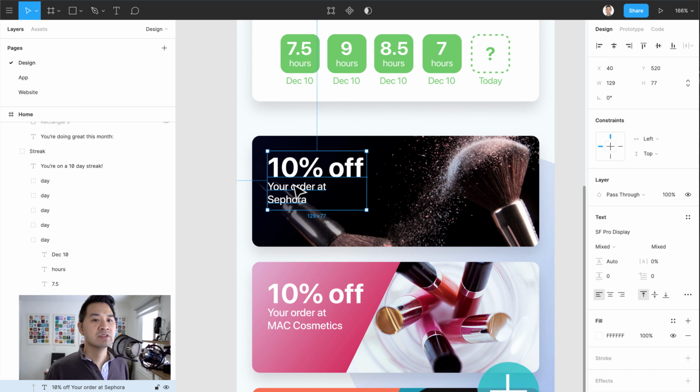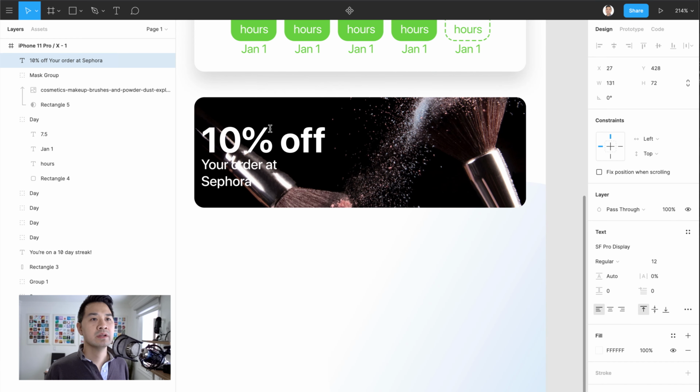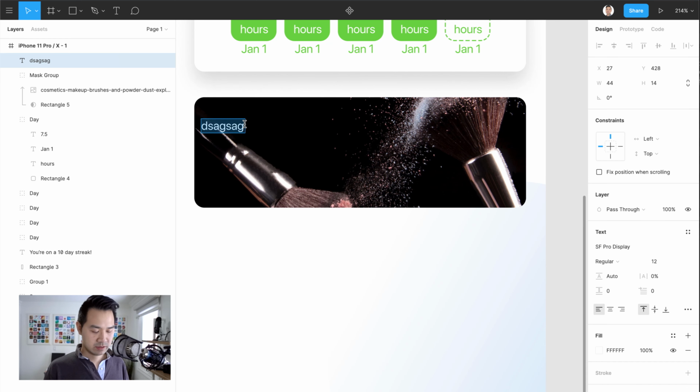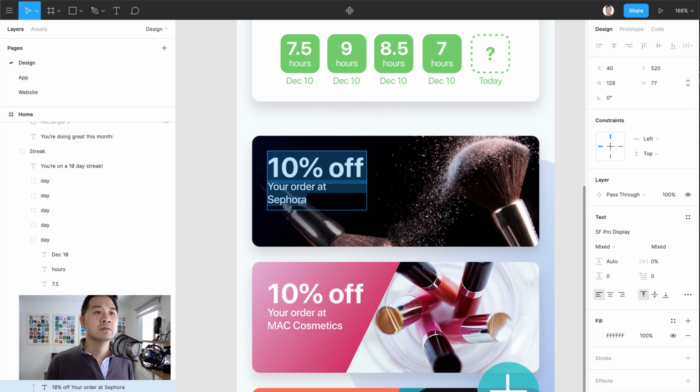So here I used the mixed font actually. So this top line was 36 and the bottom lines were 14, and you can actually use that. This was bold and this was medium. So I'm going to copy this. I'm just going to paste it in here. Oh, I copied the styles. I don't want to do that. So because I want to show you 20% off